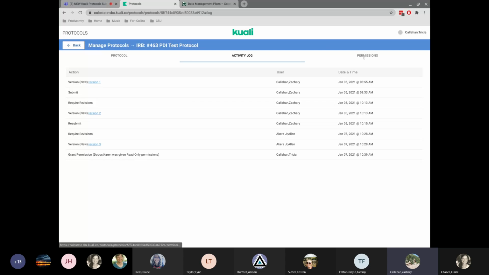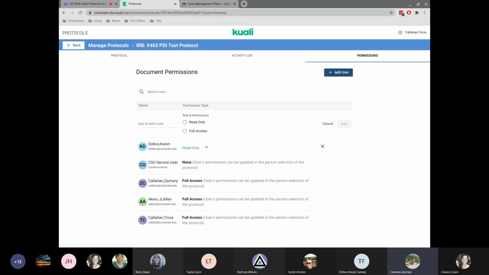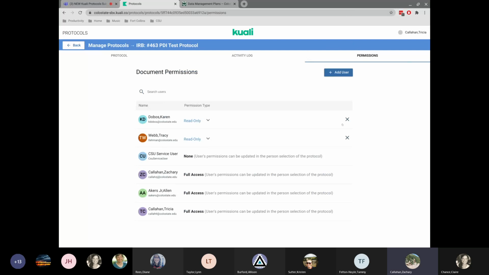So this 3rd tab is permissions. So if you had someone that you wanted to have access to the protocol, and I don't know that the researchers or you would use this quite as often, but we can give direct permission to a user for this protocol and this protocol only, in a read only. So if I wanted Tracy Webb to have read-only access on this, I wanted her to look at this for some clinical review process, I can then just